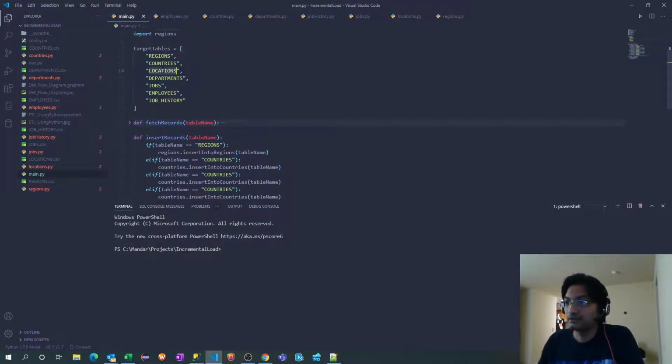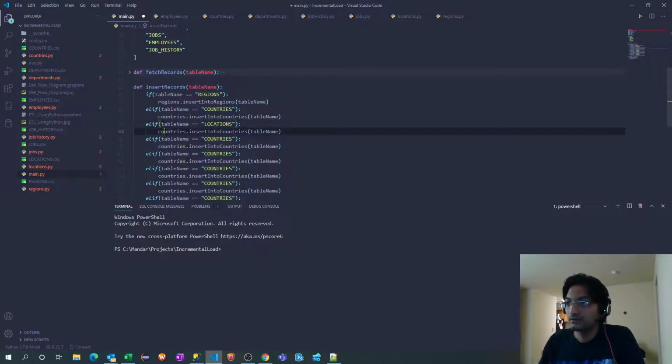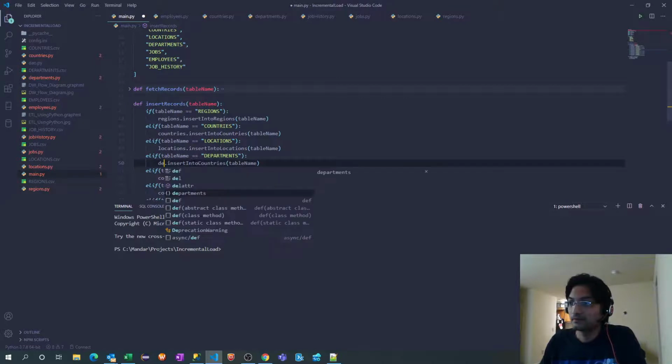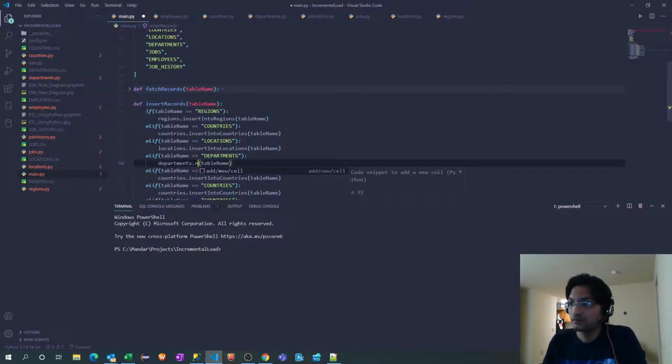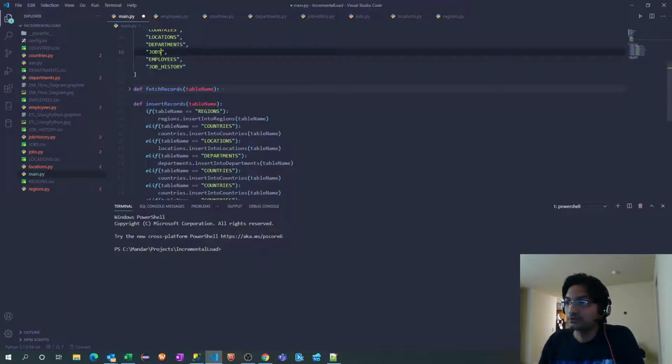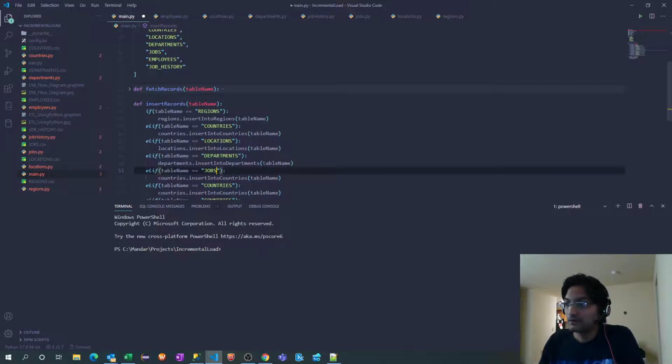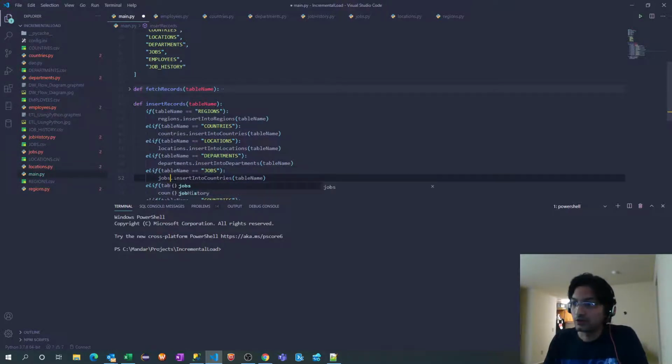So countries, locations, after locations it is departments, dot insert into departments. Jobs, jobs, jobs, insert into jobs.